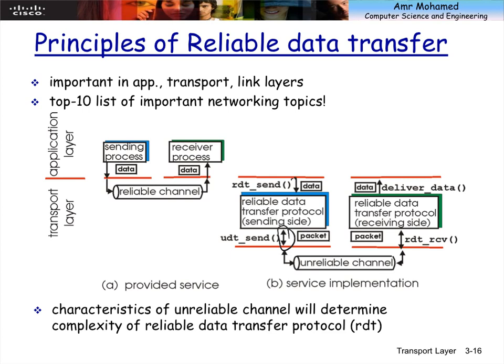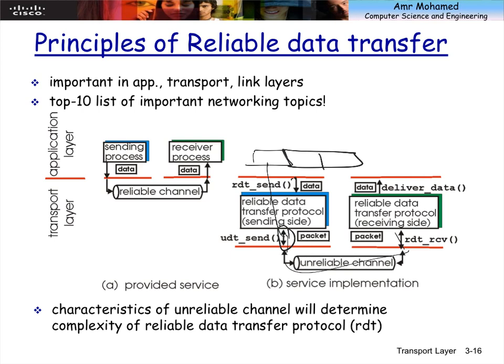Reliable data transfer in many cases, as you can see here, the transport layer protocol, what it does is that at the sending side, you have some information in the application layer. This information will be segmented into pieces. We call them segments, and these segments will need to be transferred over the communication channel to the receiver.